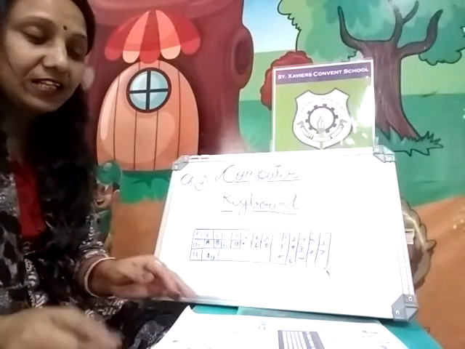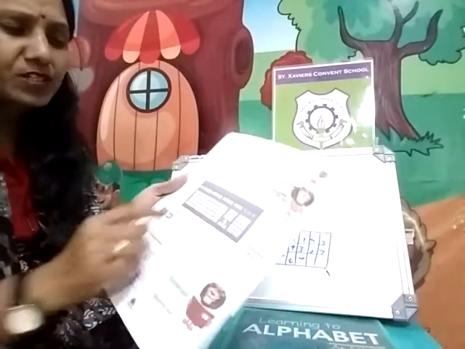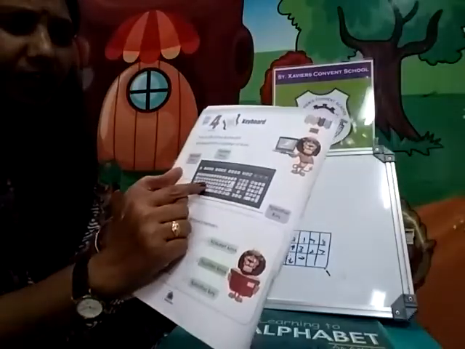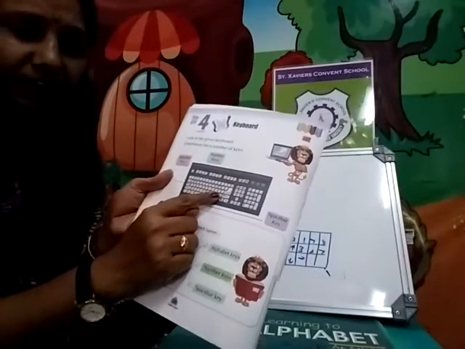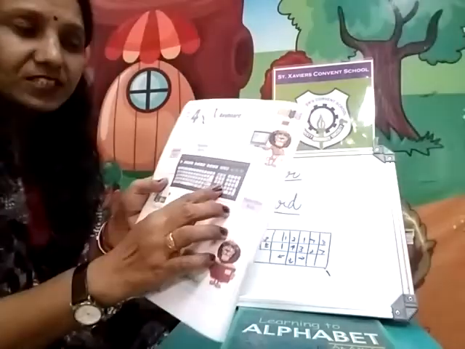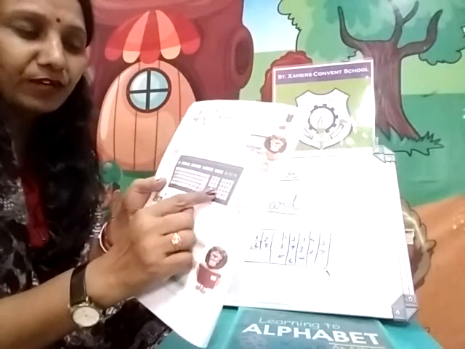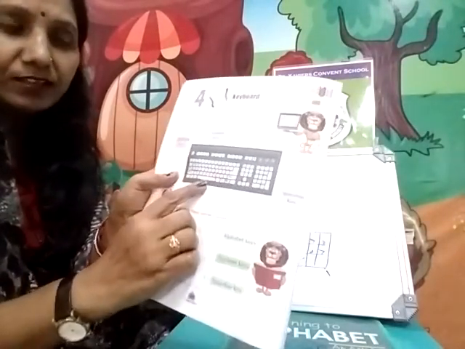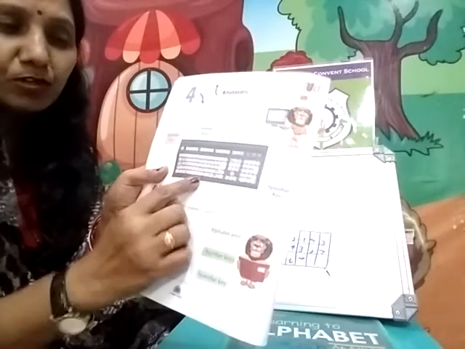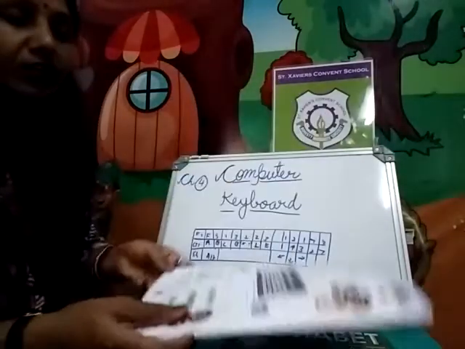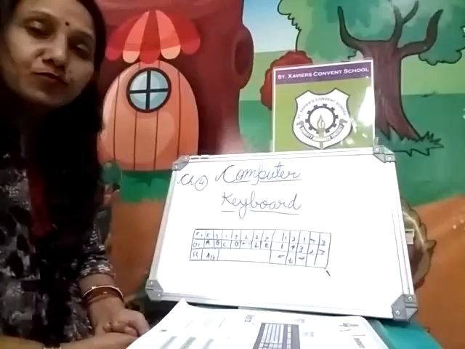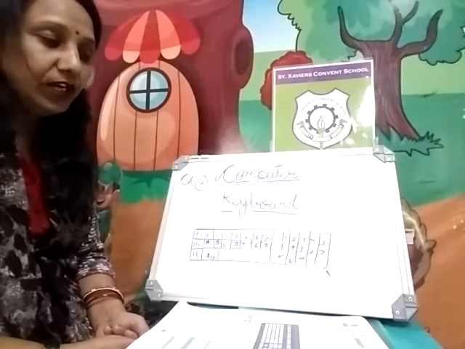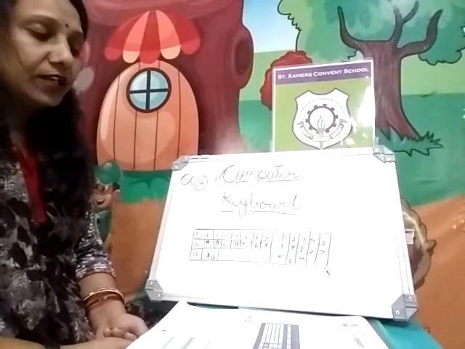Here you can see that on the keyboard some alphabets are there, Q, W, A, like all alphabets are there. On one side you can see the numbering 1, 2, 3, 4, 5, 6, 7, 0 like that. And on the keyboard there is a biggest key also. So what are these keys called? What are the names of these keys? I'll tell you today in this chapter.